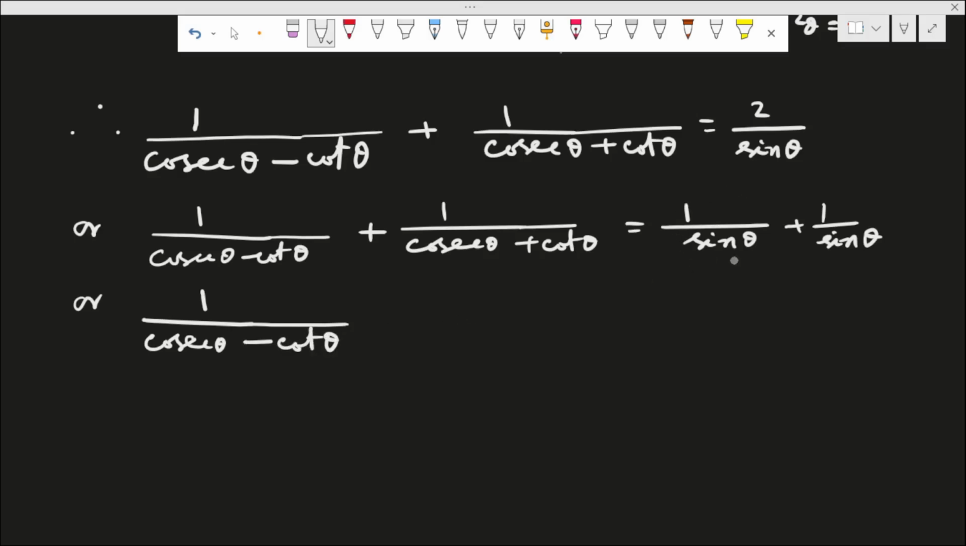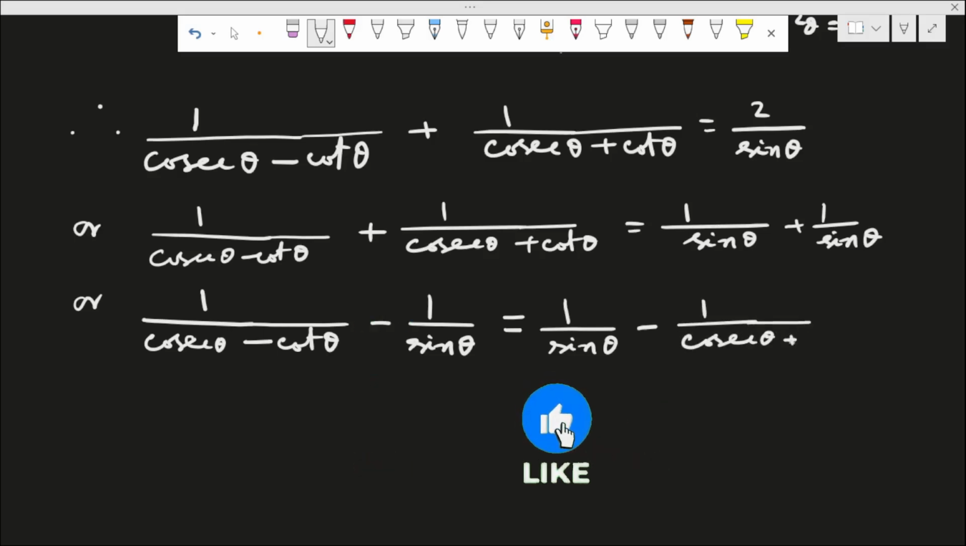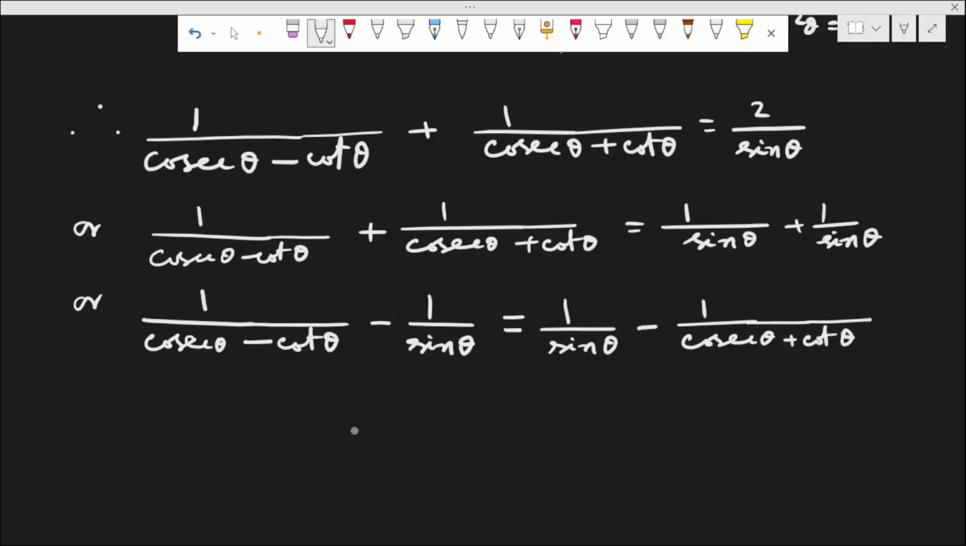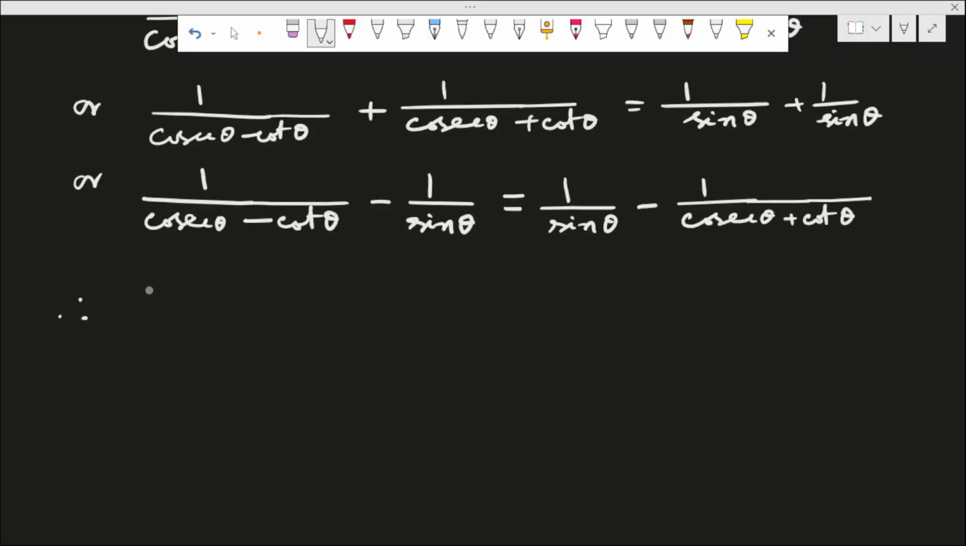Now 1 by sin theta transposed to the left, so writing this. 1 by cosec theta plus cot theta transposed to the right, so not writing here 1 by sin theta, writing first minus. Therefore,